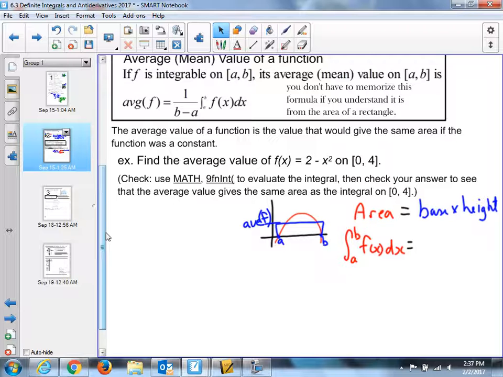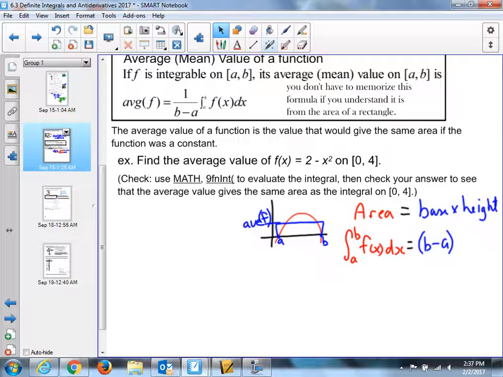In this particular example, though, how big is the base? So if that went from 1 to 5, how big would the base be? The A to B? This was 1 and this is 5. You tell me this base is 4, right? B minus A. Always take the higher minus the lower. Final minus initial. So this is B minus A